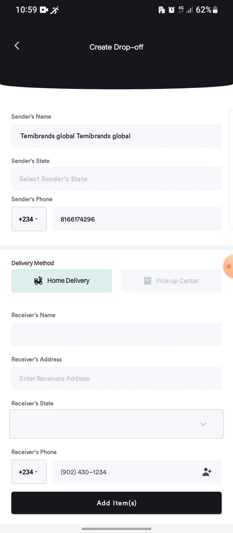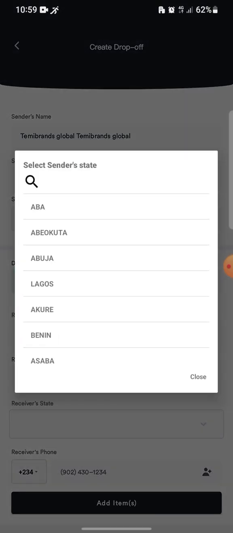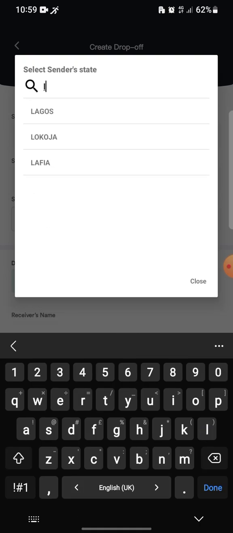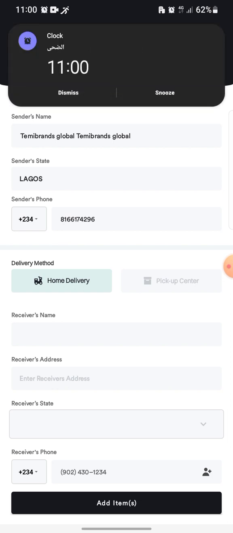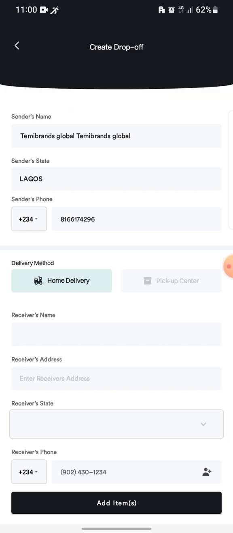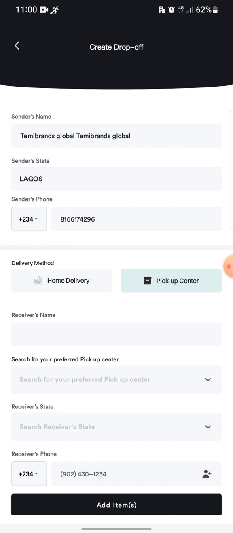So now for the sender state, because we are in Lagos, you are going to choose Lagos, and for all others you always choose Lagos once we are using GIG, because it's going to be leaving from Halal Dollars office here. Thereafter we are going to click on pickup center. We don't want home delivery for this delivery, it's going to be pickup center, and we're going to input the